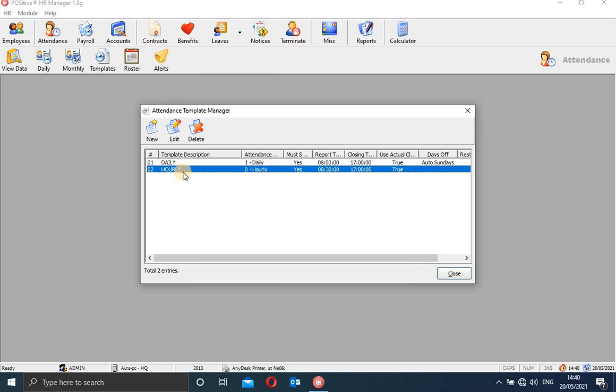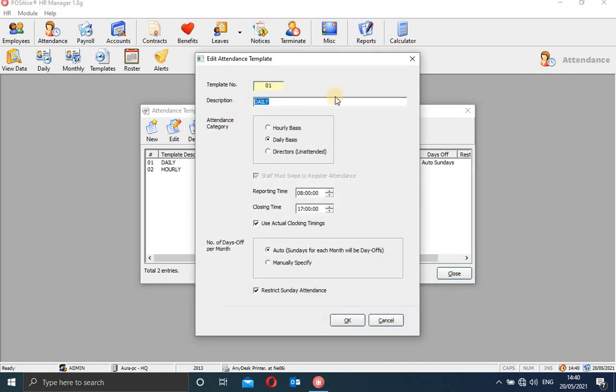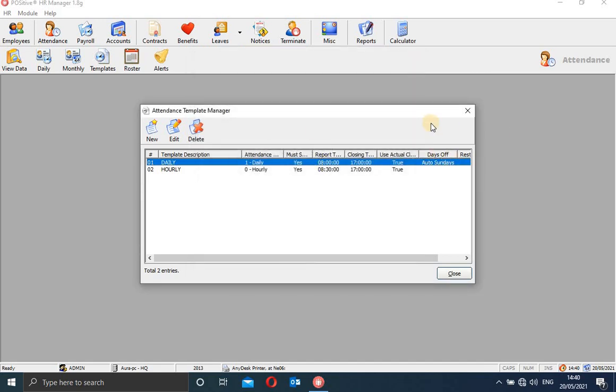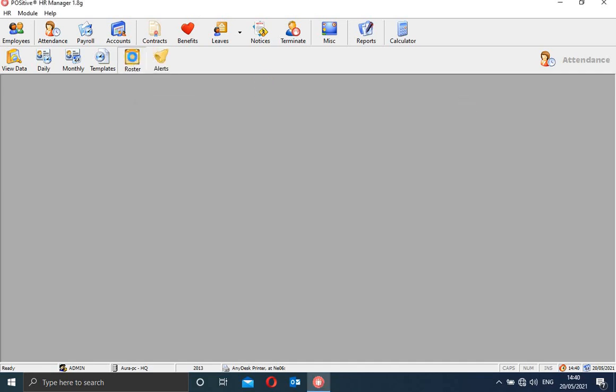For example here, if I edit this, you can see I've put on a daily attendance, and I've put restricting Sunday attendance, which means those at the HQ, I can restrict them. But at the branch level, that is in supermarkets, because they work even on Sunday, you cannot put this. So at the supermarket you will not indicate this, but at the HQ level you are able to. That is how you set attendance in this attendance template manager. You can add different kinds of attendance. And then we have the list roster.